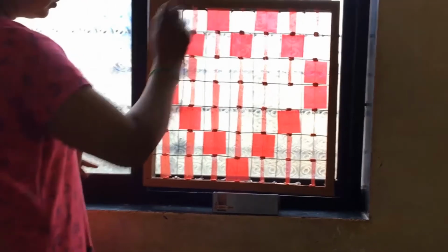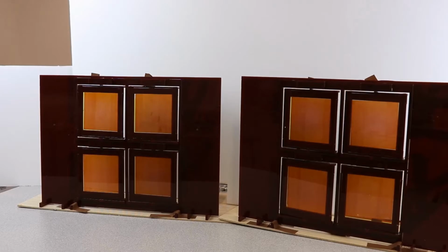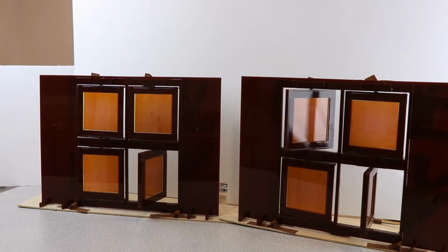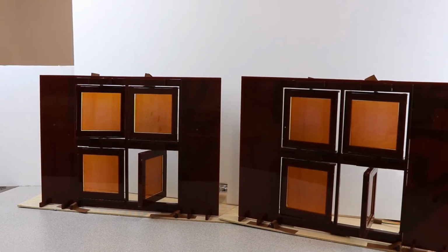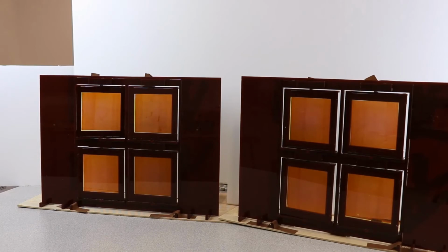Encouraged by the creative and meaningful messages that participant families shared with each other during the study, we took first steps to engineer technical prototypes. To implement these, we chose dye-sensitized solar cells or DSSCs because of their low light performance, aesthetics, and low manufacturing costs. Compared to other photovoltaic materials, DSSCs can generate enough energy from indirect light to drive low power actuators and